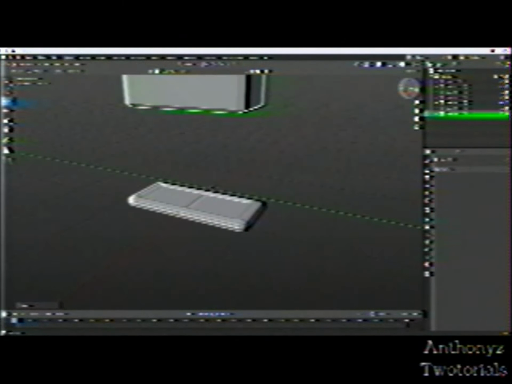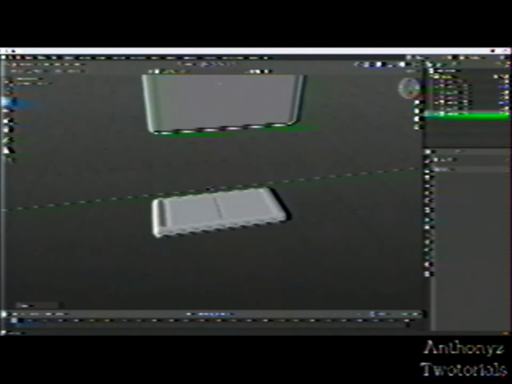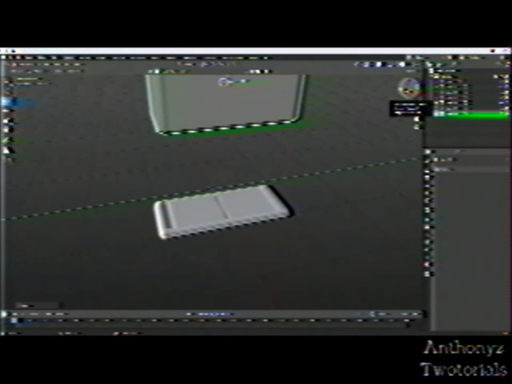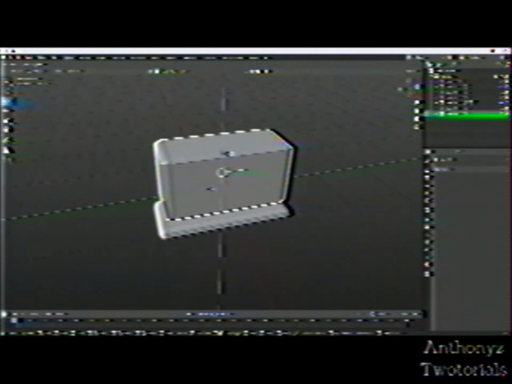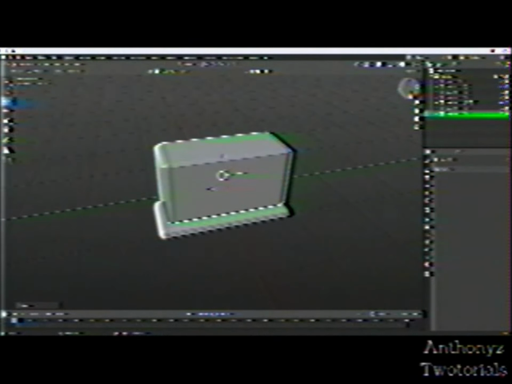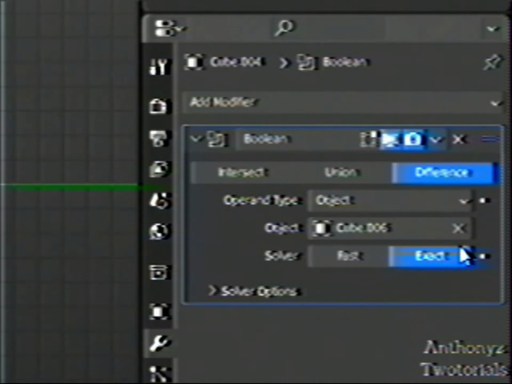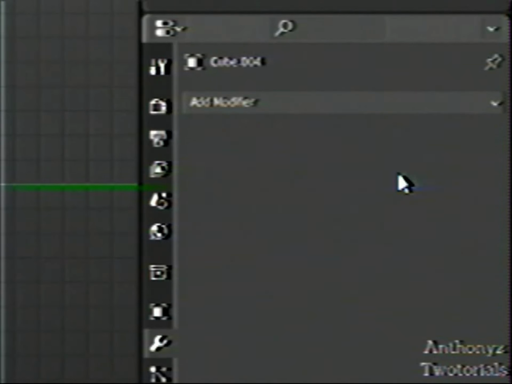This is how my keyboard's gonna look like. So yeah, make sure it's how you want your keyboard to look like. If you don't want to, just press Control Z a couple of times, and then just see if the boolean thing is still there, and then just lift it up how you want your keyboard to be, how deep your keyboard is, and then click apply, and now lift it up again,